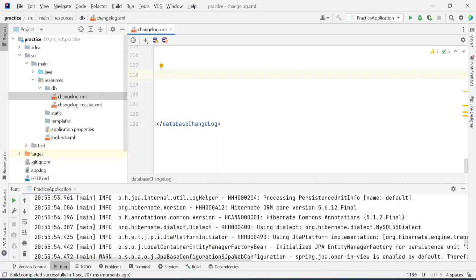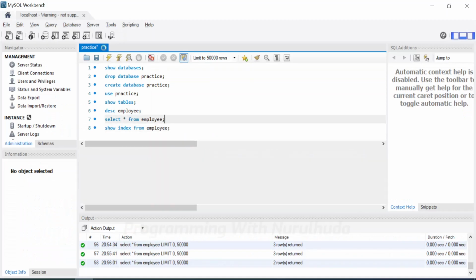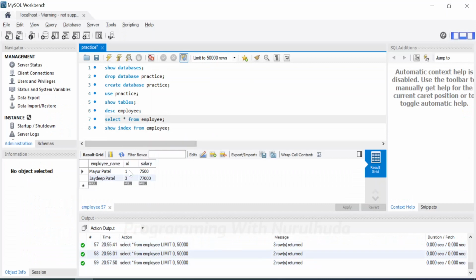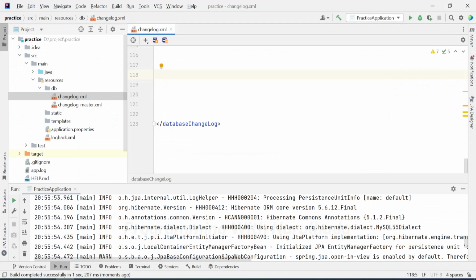We have a drop column employee table with three columns: employee name, ID, and salary. I do not want the salary column, so I remove the salary column from the employee table, and only the employee name and ID two columns need to be visible. So for that I create one change set,